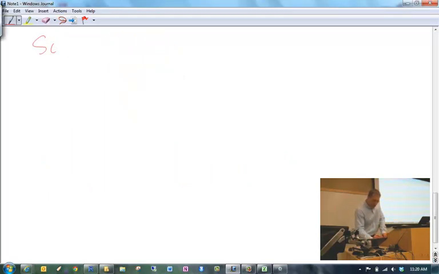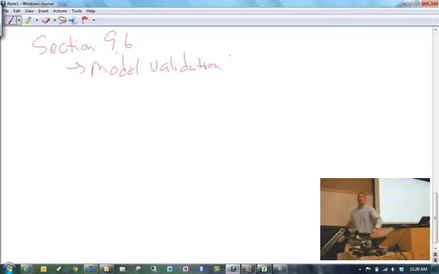Then we spent a little bit of time going back to Chapter 9, in particular Section 9.6, when we talked about model validation. Why would someone want to validate your model? Well, you want to make sure that you got this great model here, but it's going to work in other cases other than for the actual data that you had collected. So we looked at a variety of different ways that one could validate one's model.